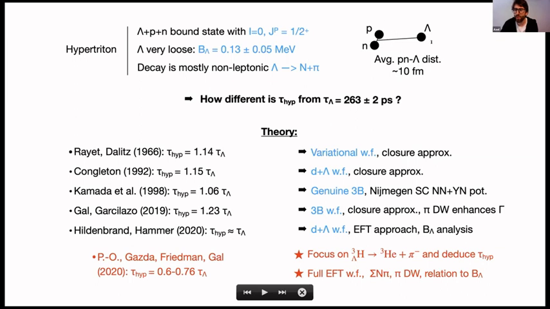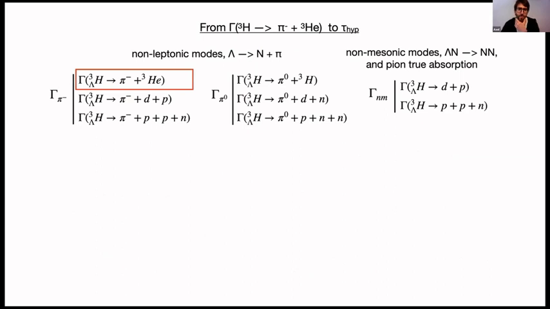One of the things is that the lambda can convert itself to a sigma by strongly interacting with one of the nucleons. And because you have a sigma admixture, you also have to consider in principle the decay through the sigma weak vertex. We consider the distortion of the pion wave due to the interaction with the nucleus, and we also study the relation with the separation energy. And we will find a lifetime that is somewhat shorter than that of the lambda in free space.